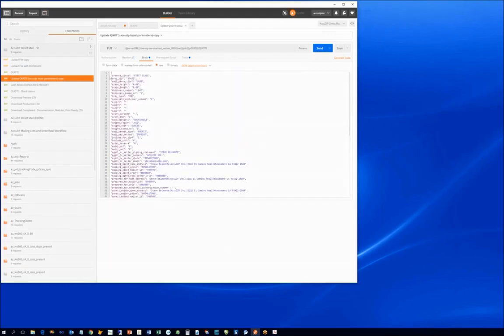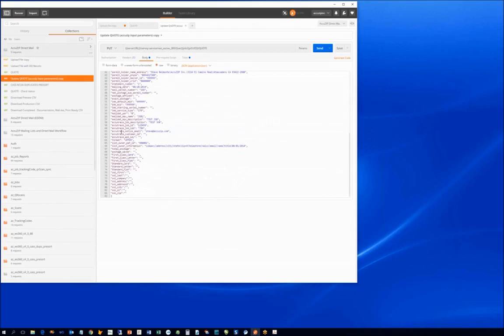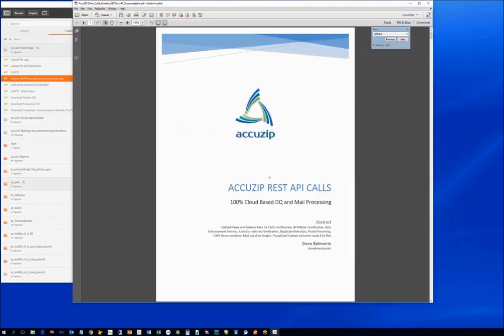So this update quote is really important. One of the most important parts of this is the field mapping. So I've added these columns here for first name, last name, address, city, state, and zip. It's important that if you use field names other than our default field names, and our default field names are described in that document. So when you're looking at this documentation here,